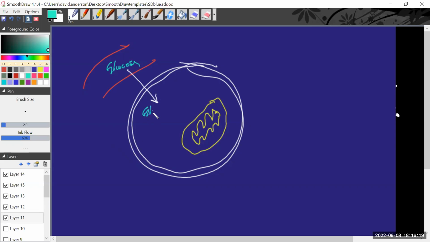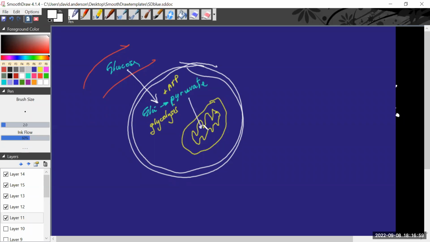And then glucose is going to become pyruvate. Does anybody know what that process is? When glucose gets converted to pyruvate, that's called glycolysis. And we make a little bit of ATP, but not enough to be functional. So we got to get pyruvate